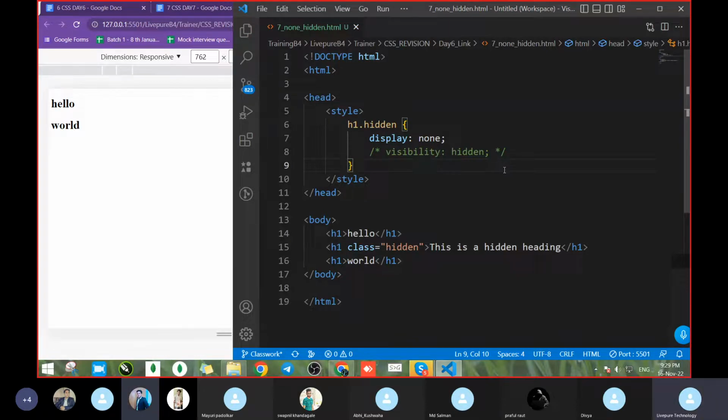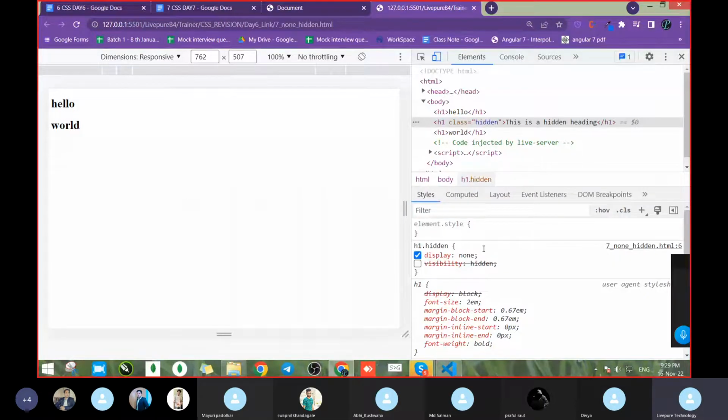Write down next: visibility hidden. What is happening? Content is hidden here also from the UI. Same line which you wrote on top. Write a new next line. What will be the next line? What about the space? It will hide the content, but